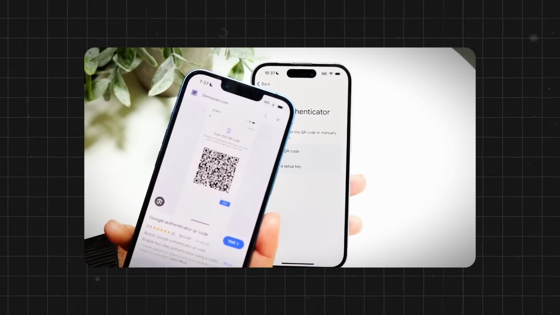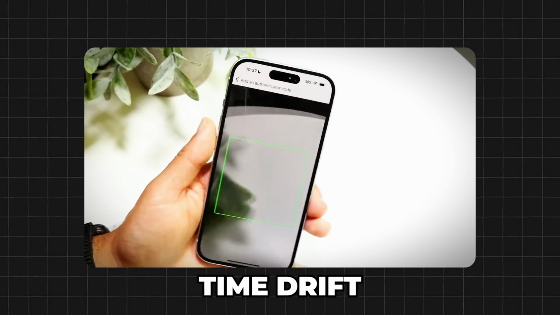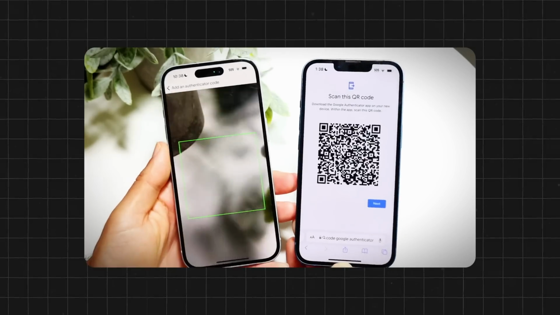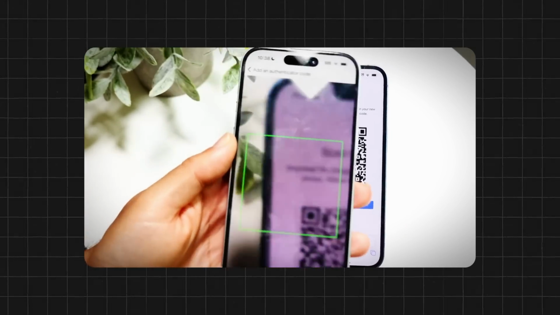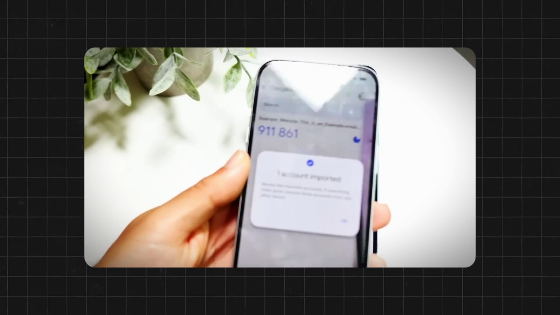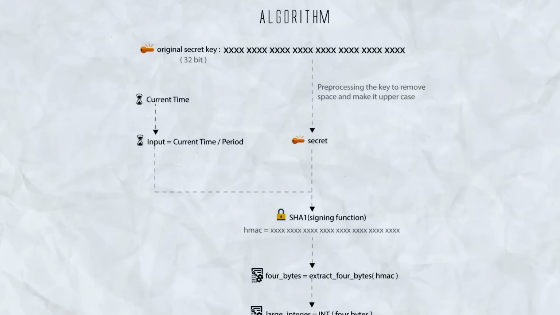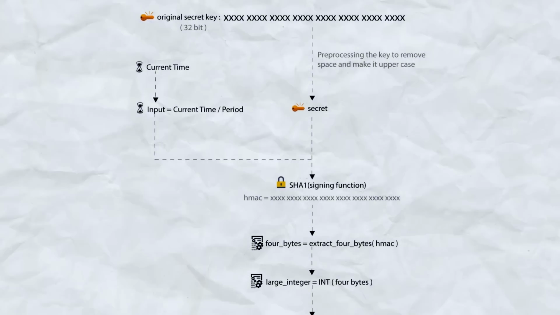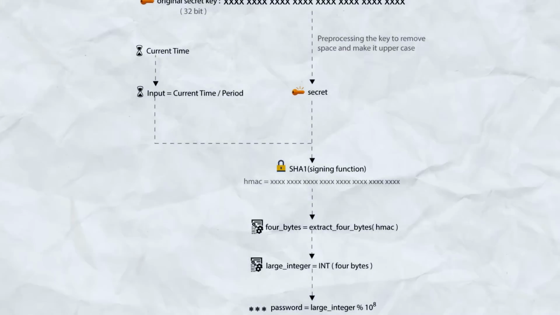Perhaps most fascinating, though, is how the system handles time drift itself. No two clocks are ever perfectly in sync, and if your phone's clock starts to wander, Google's servers can detect this by looking at patterns in the codes you submit. They'll actually calculate how far off your device is, and adjust their verification window accordingly and automatically so the system